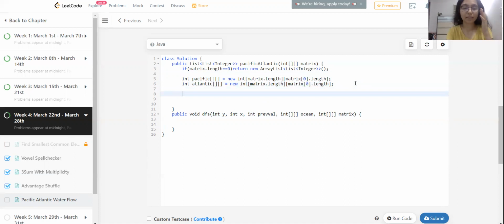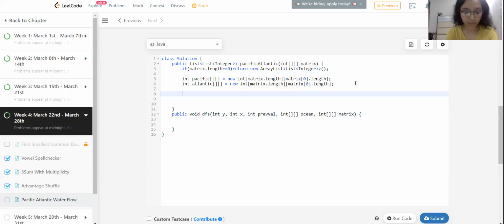These two arrays will contain the flow of each ocean. In the Pacific two-dimensional array, we'll have the flow of the Pacific Ocean, and in Atlantic, we'll have the flow of the Atlantic Ocean. And then we'll try to see where both of these intersect.